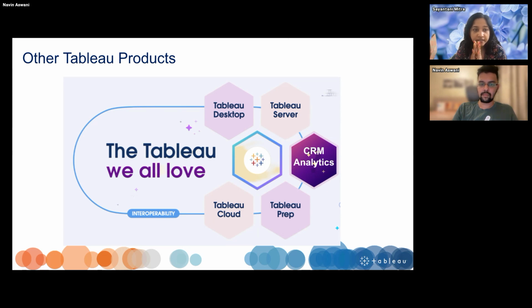Similarly, everything that is there in CRM Analytics and Tableau, they continue developing. There is a roadmap well into the future for all of this. So none of this is going away. They will continue being developed, and they're continuing to get us new features and things that we have been asking for a very long time. We do have a few more questions coming up. Phil, as I already said, it's not replacing anything. And I'll tell you a little more about CRM Analytics.